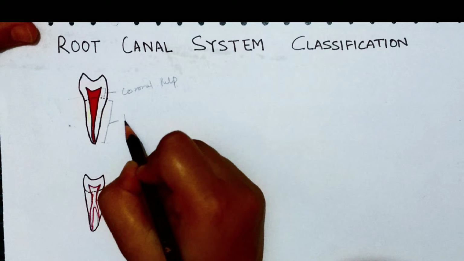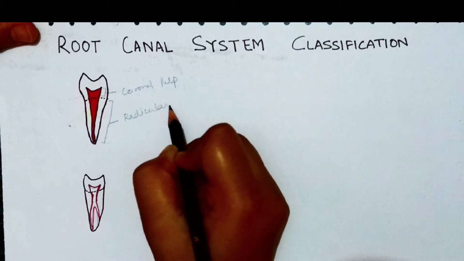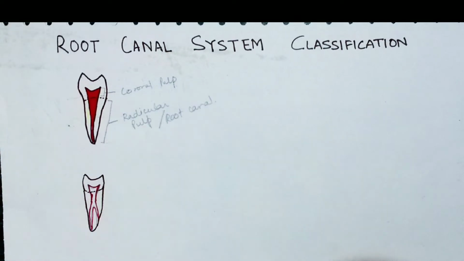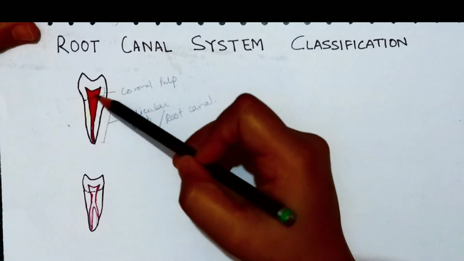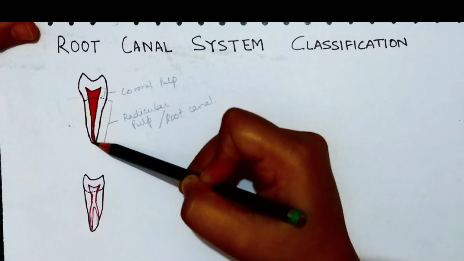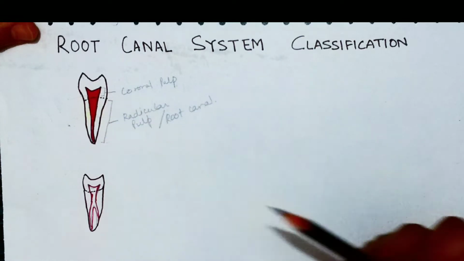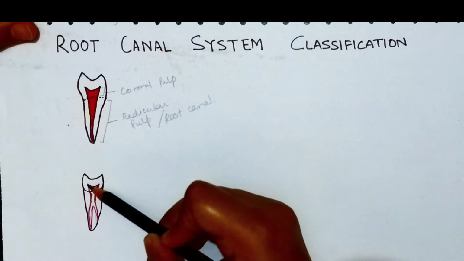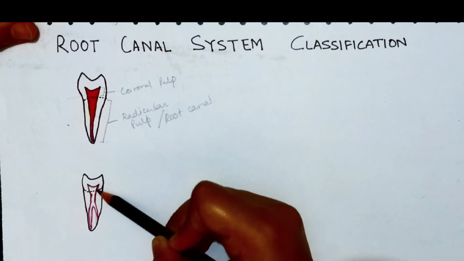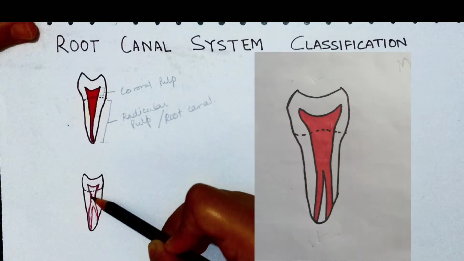Depending upon the various morphologies of this root canal, we have divided the root canal system into various classifications. Normally, we can say that a single root canal which is straight, starting from the pulp chamber to the apical foramen, is very uncommon. This type of morphology is very rarely seen. Sometimes you can see that there is a single canal arising from the pulp chamber, then after traveling some distance they might divide into two different canals which exit from two different foramina,